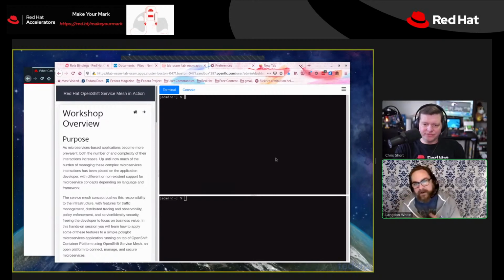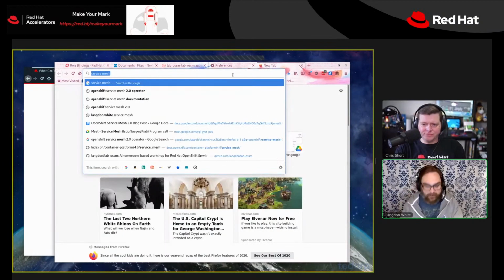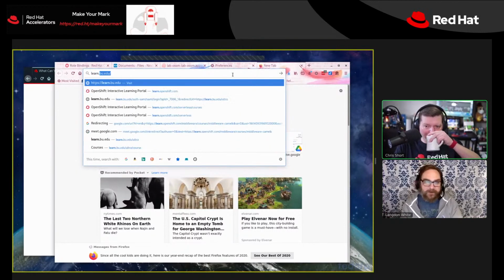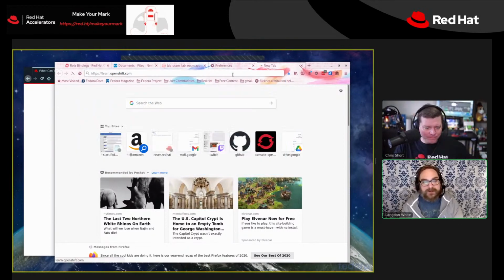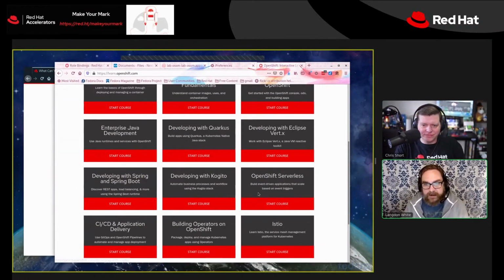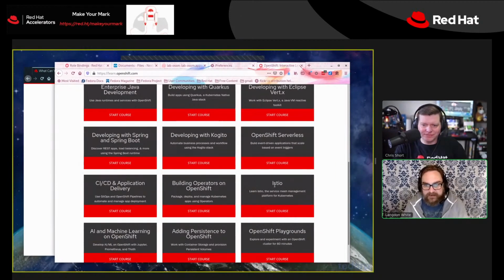We've been pushing a lot more of this to the general public. If you go to learn.openshift.com, you can see our progress thus far. You can see there's a bunch of stuff here. There's serverless, there's an Istio one, and just by way of background, when I say OpenShift